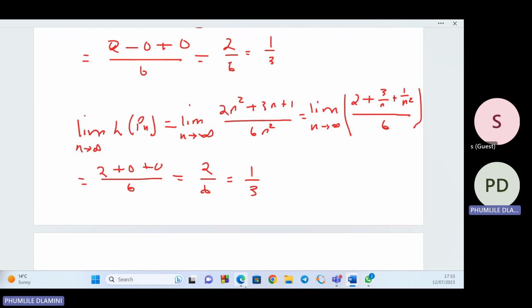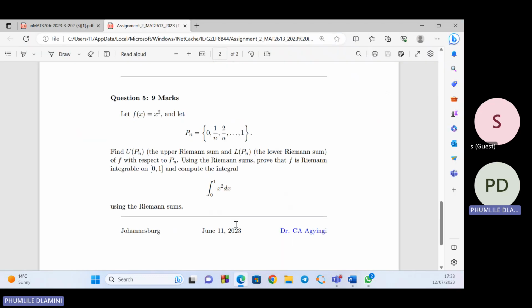Therefore, let's go back a little bit to the question. The question says find the U of P and we also find the L of P with respect to Pn. We have done that. Using the Riemann sum, prove that f is Riemann integrable on 0 to 1. Therefore, now we just show that